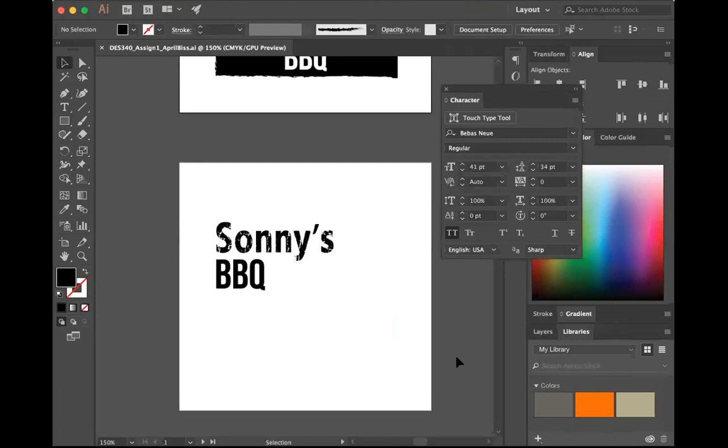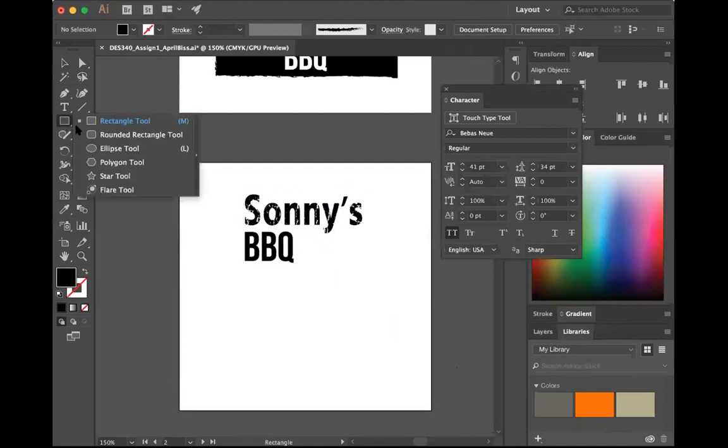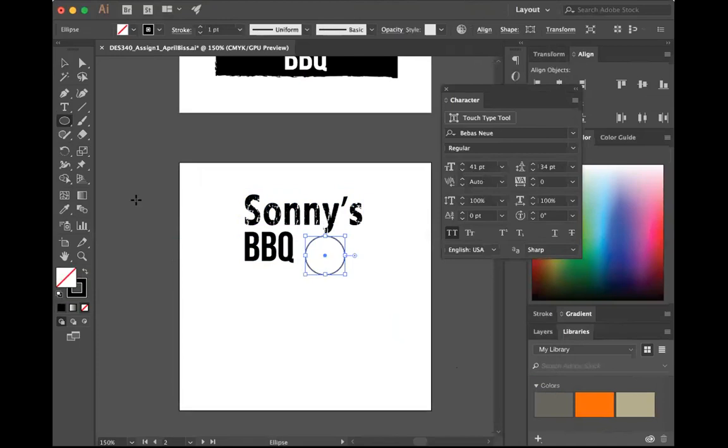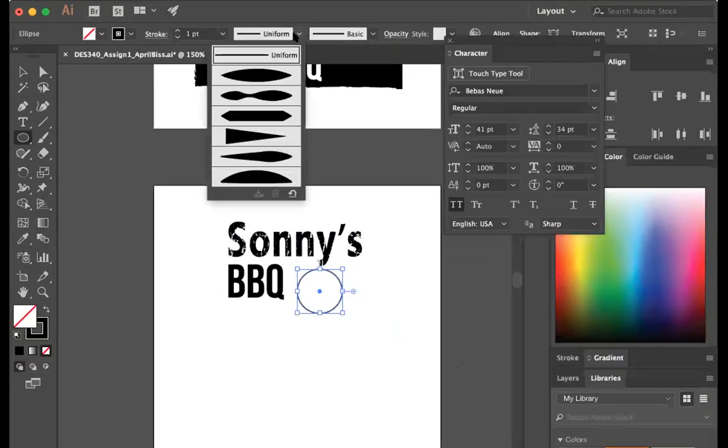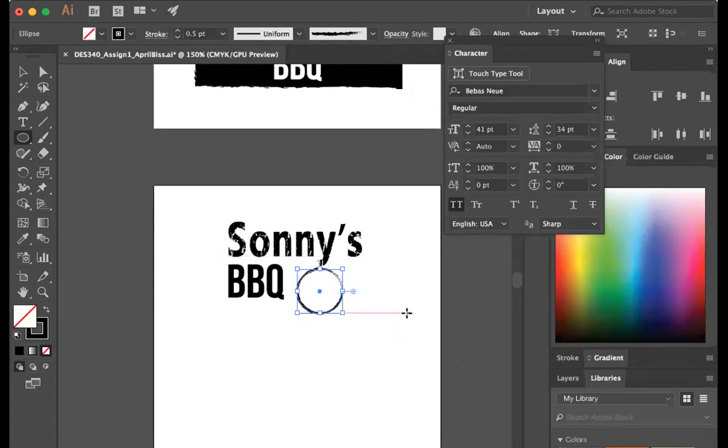Okay. Same thing with this one. You know, you can add elements in here. Maybe you wanted to add a stamp of some sort, like you see in grilling. And that's another thing. You might want to look up barbecue images, to get you started with the whole idea of different concepts.